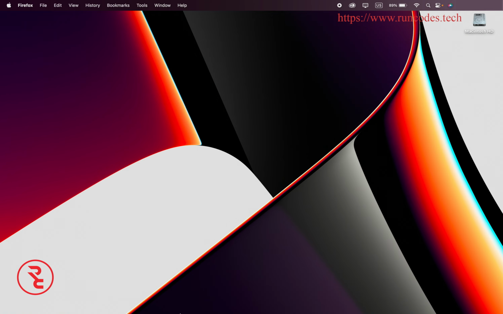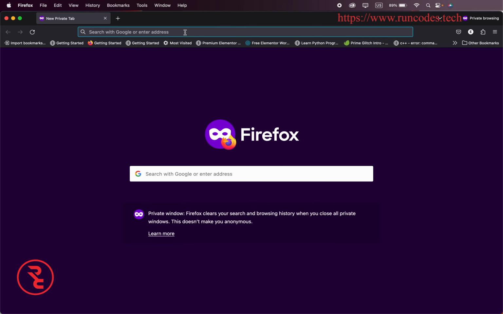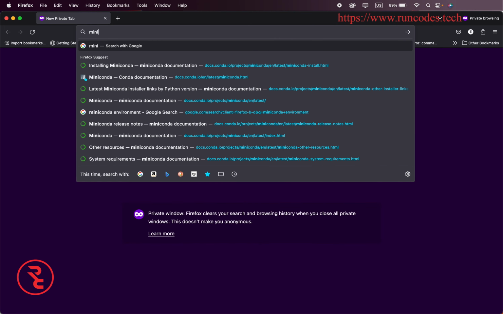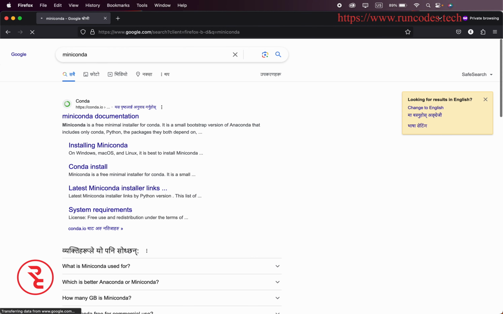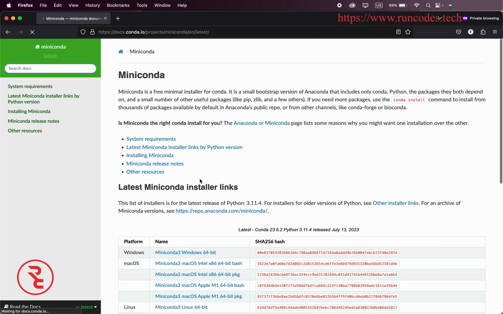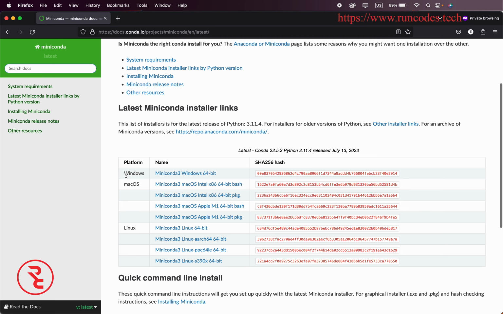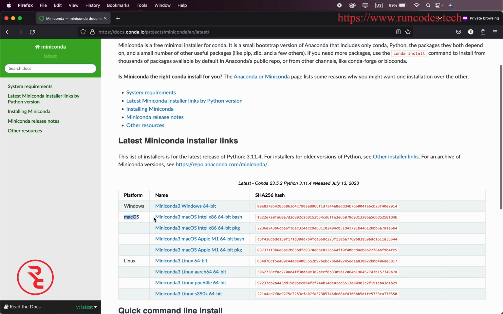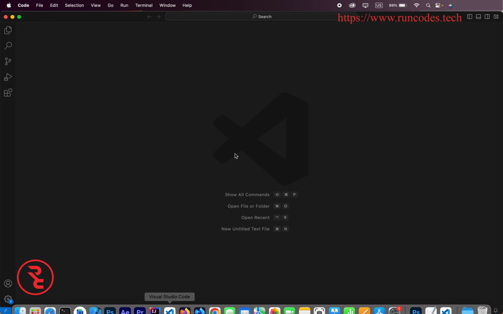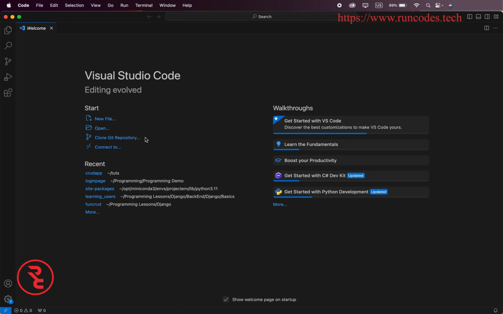So go to any web browser and we are going to use Miniconda, and from there you can download Miniconda according to your platform, Windows, Mac, Linux. After downloading and installing Miniconda, what we are going to do is open terminal, and we are going to create a virtual environment. To create a virtual environment,